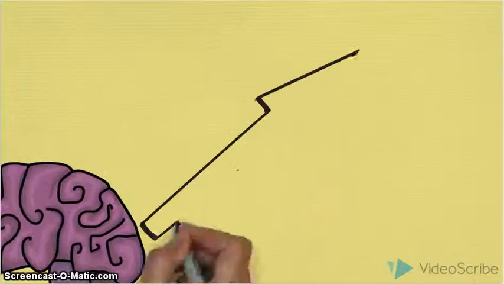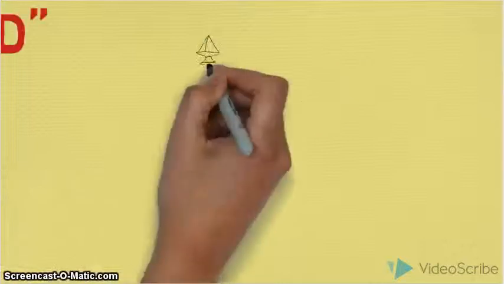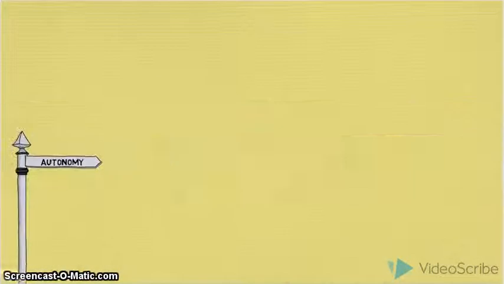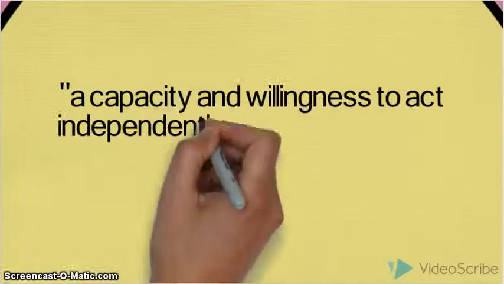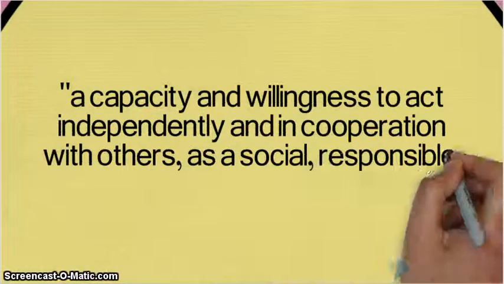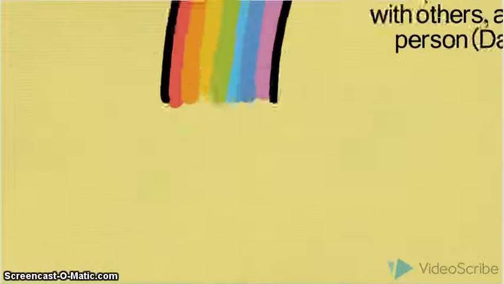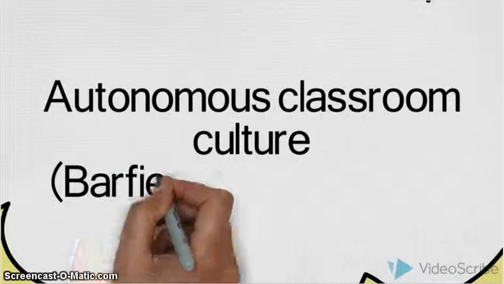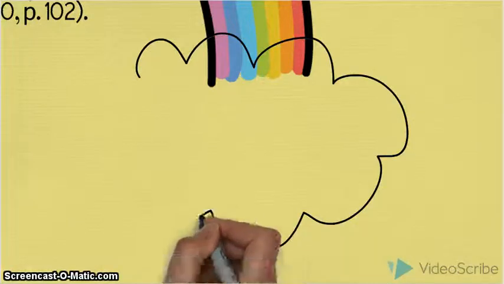Self-directed learning is a way to optimize students' abilities, but also an excuse to foment the autonomy, defined as a capacity and willingness to act independently and in cooperation with others as a socially responsible person. Nevertheless, this cannot be carried out without proposing a space to apply it. Therefore, it is important that teachers firstly start fomenting an autonomous classroom culture where students can overcome the autonomy levels,